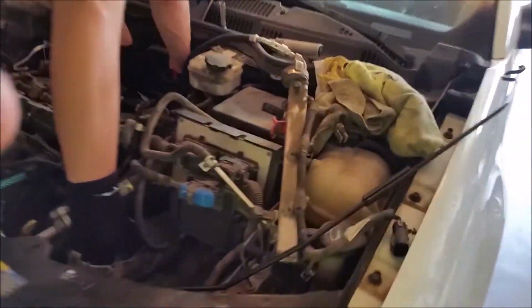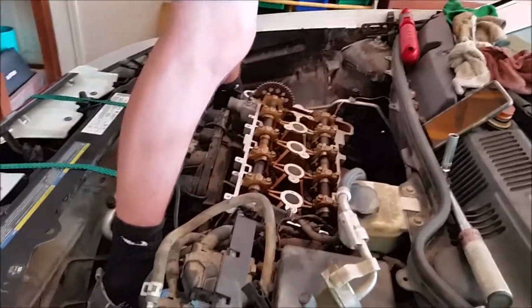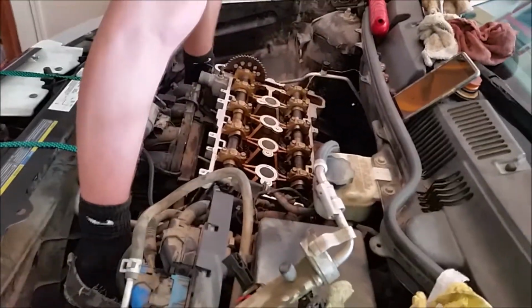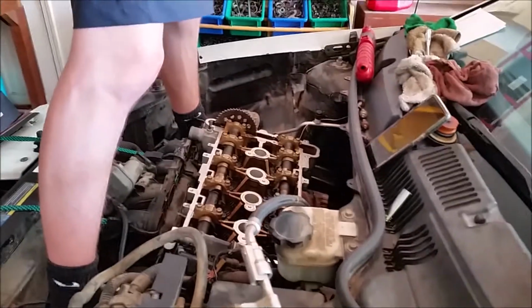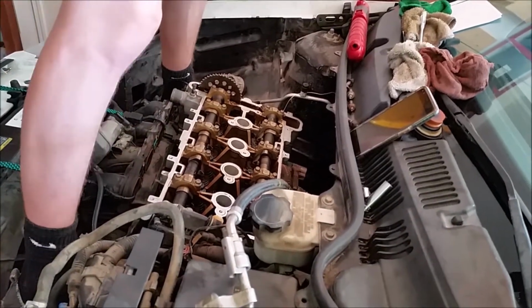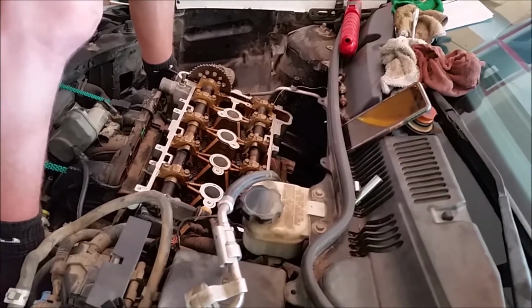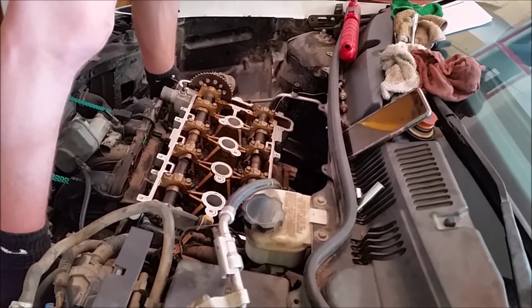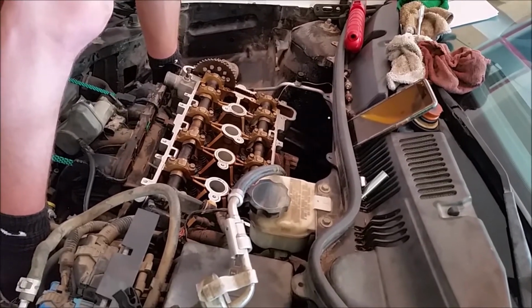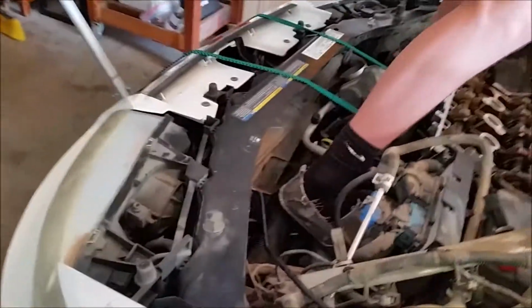Now, hold on. Okay, after some fits and starts, we now have the head located and the new head bolts snugged. And now Reese is going to torque down the exhaust nuts to the exhaust manifold, and those are 124 inch-pounds. The exhaust studs to the head are 89 inch-pounds, so be aware of that. We've still got a long ways to go, but